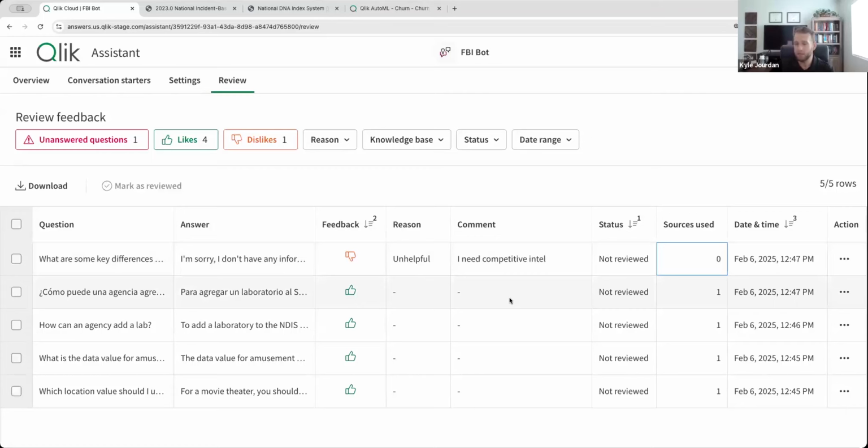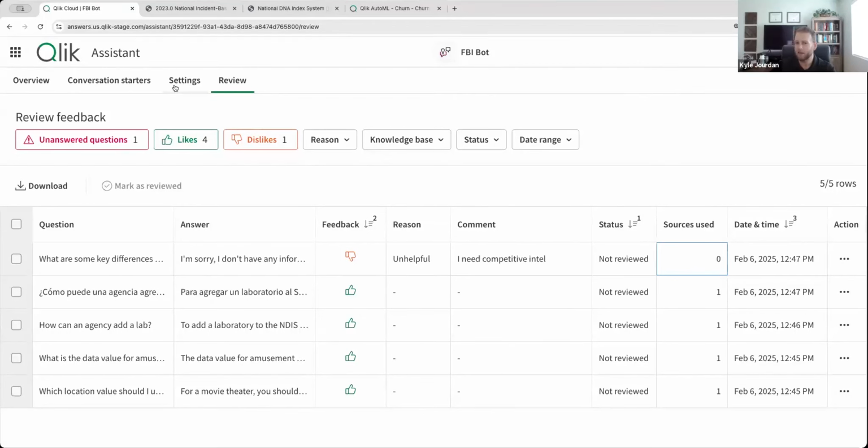So this visibility, to me, is a highly valuable component of what Qlik Answers can do, because people are out there looking for information today and using documents, whether they're the right documents or not, and you really don't have the visibility into that. So to be able to understand what knowledge people are looking for, where they're getting it from, and where you need to fill in gaps can be an extremely valuable component of this platform.